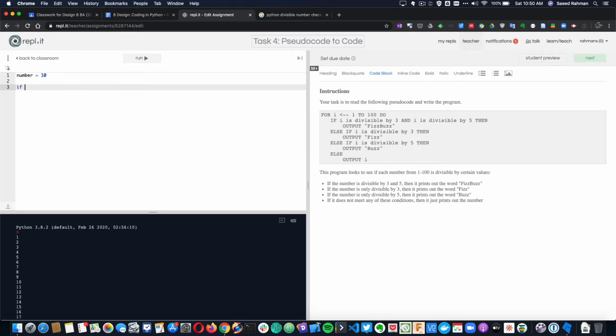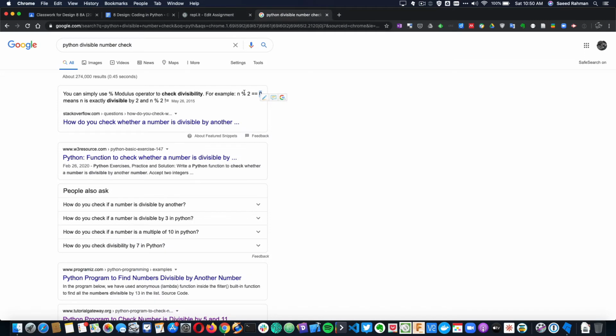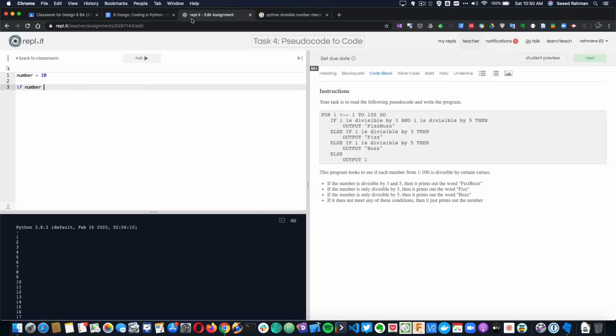So if we say if number, and if we go back to here, we need to use the percentage symbol, the modulus operator. If number modulus, and in this case we're checking to see if it's divisible by 3. So if number modulus 3 is equal to 0. Remember, the 0 here is a check to see if we're having a remainder. So if the number divided by 3 has no remainder, then